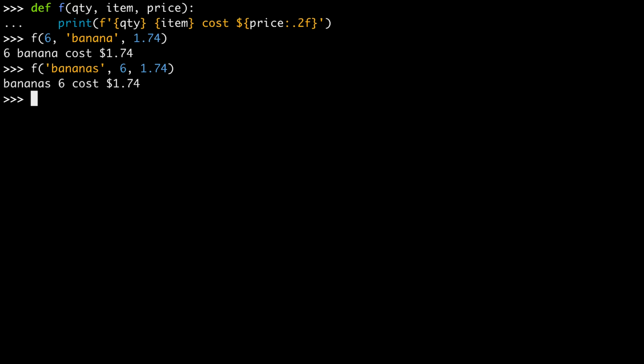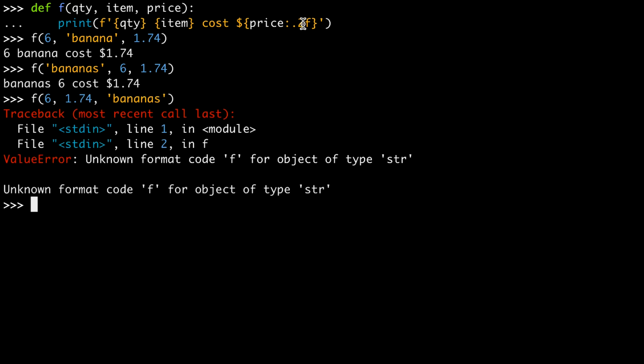Depending on how your function is used, putting parameter values in the wrong or unexpected order could actually cause an error. For example, if I say f and then say 6 and then 174 and then bananas, I'm actually going to get an error message this time, because the body of the function was expecting price to be something that could be rounded to two decimal places. And a string literal cannot be rounded to 2 decimal places. And so in this particular case, putting the argument values in the wrong order, in the wrong position, actually caused